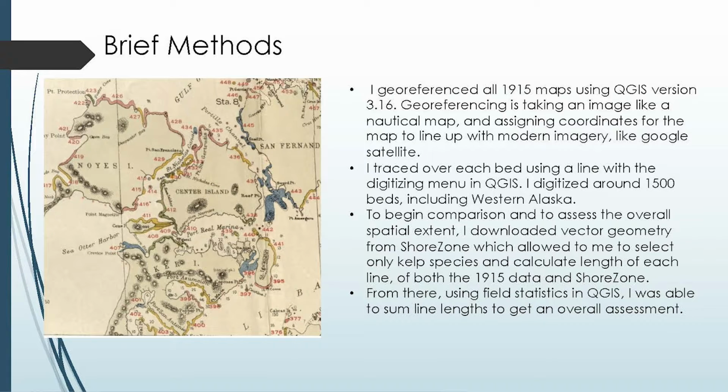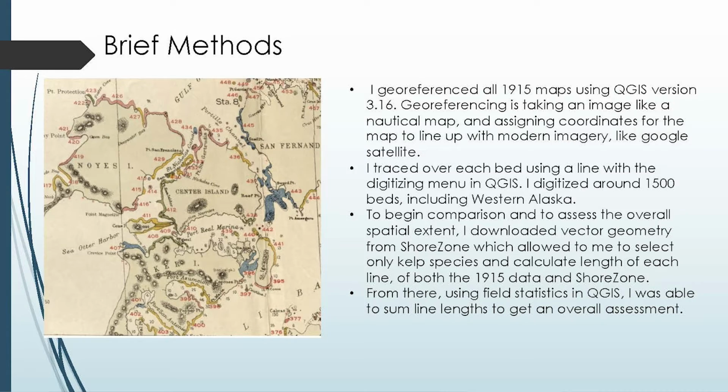So to do this, I worked in QGIS version 3.16, where I georeferenced old 1915 nautical maps. If you're not familiar with georeferencing, it's just taking an image like a nautical map and assigning coordinates for the map to line up with modern imagery like Google Satellite. I traced over each bed using a line with a digitizing menu, and I digitized around 1,500 different beds, including